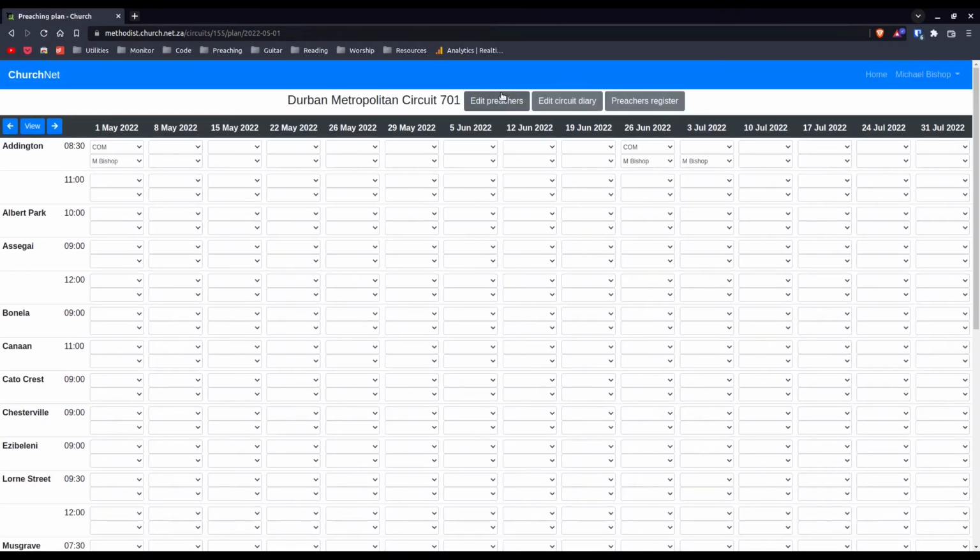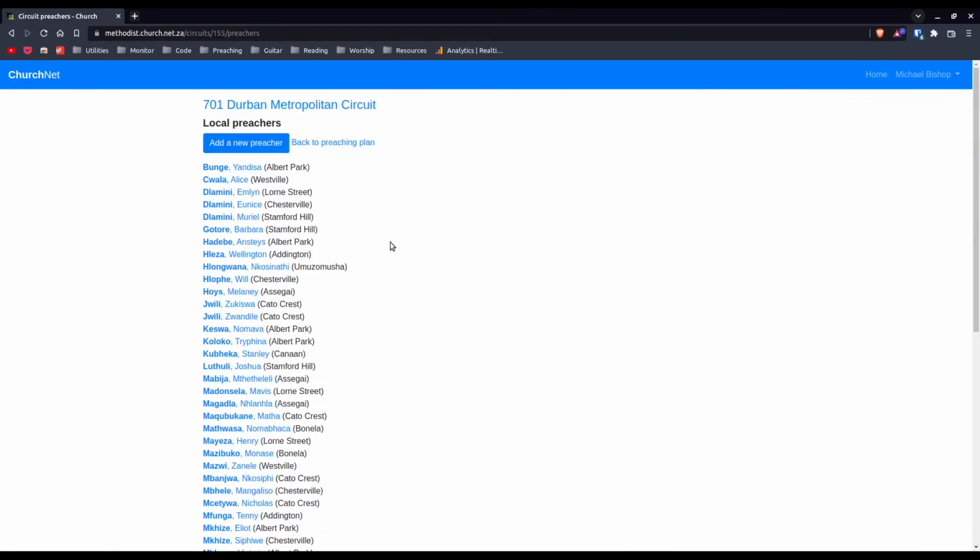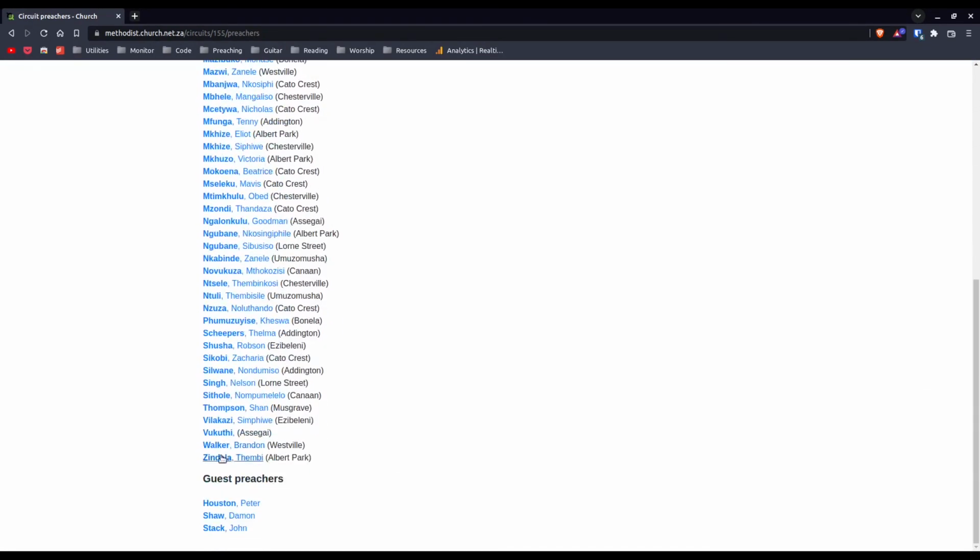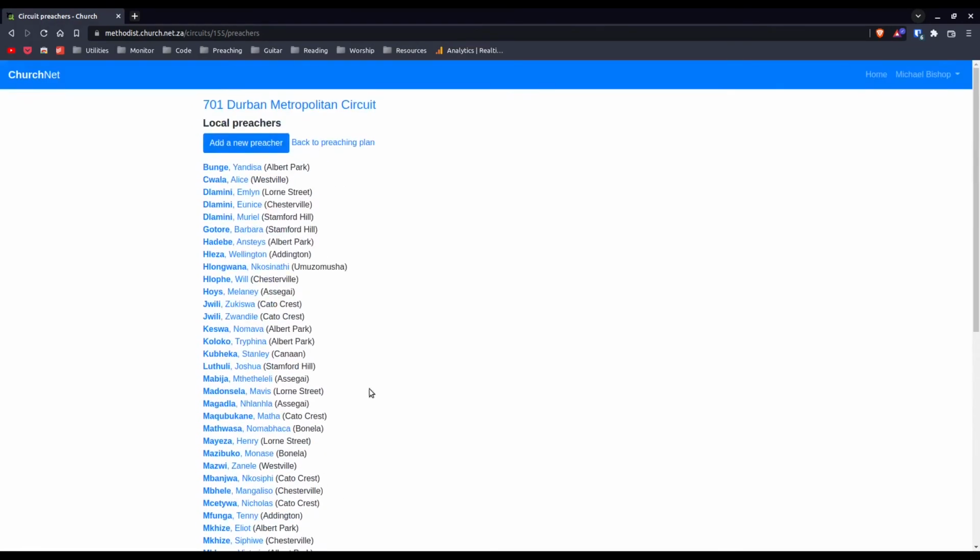From this page, you can edit your circuit preachers. So there's a list of all the local preachers, and you can also add guest preachers who are not accredited local preachers, but occasionally take a service, maybe a minister from another denomination or something like that. To add a new preacher,